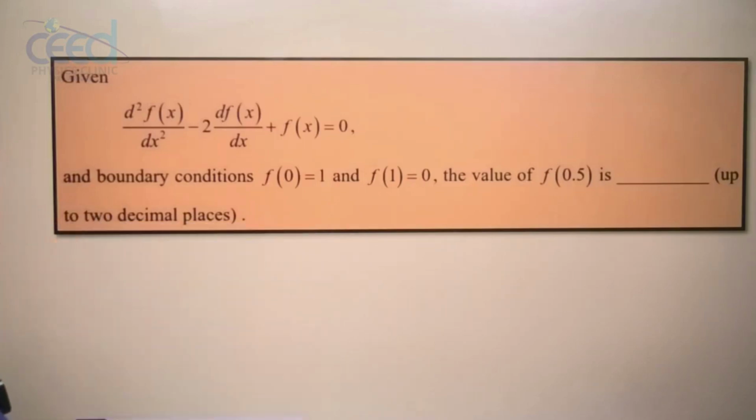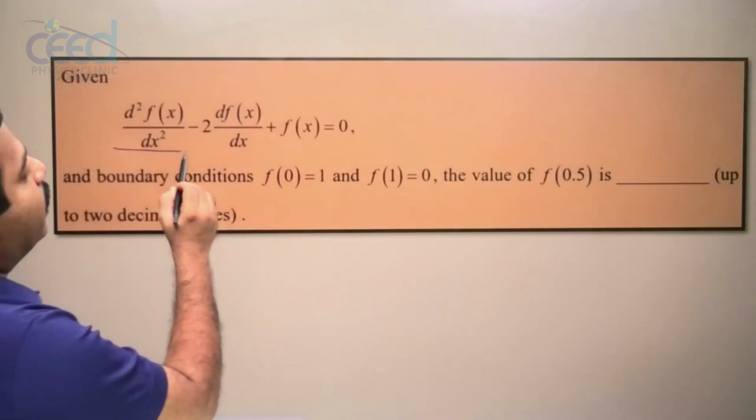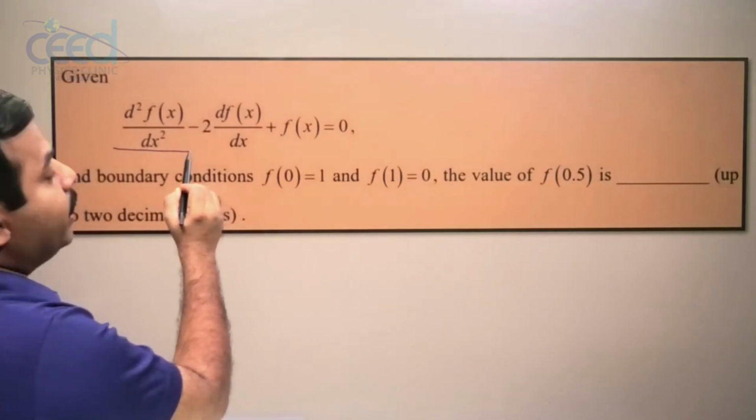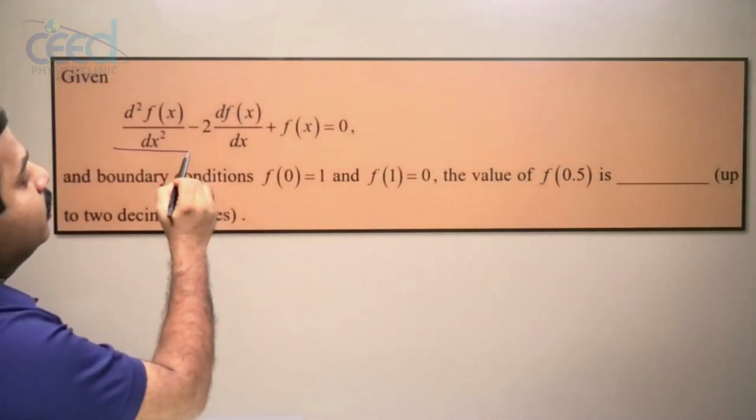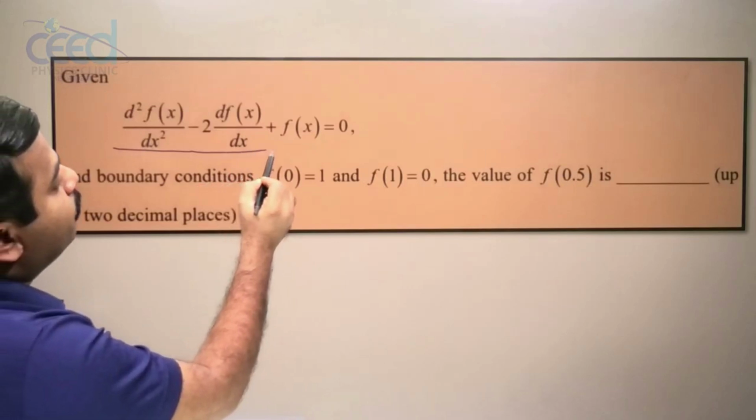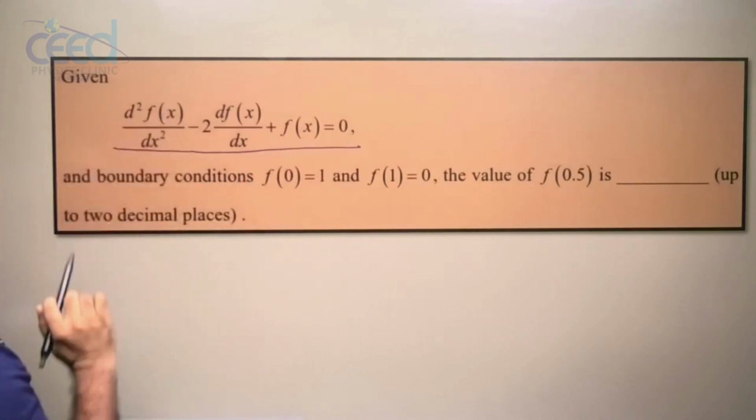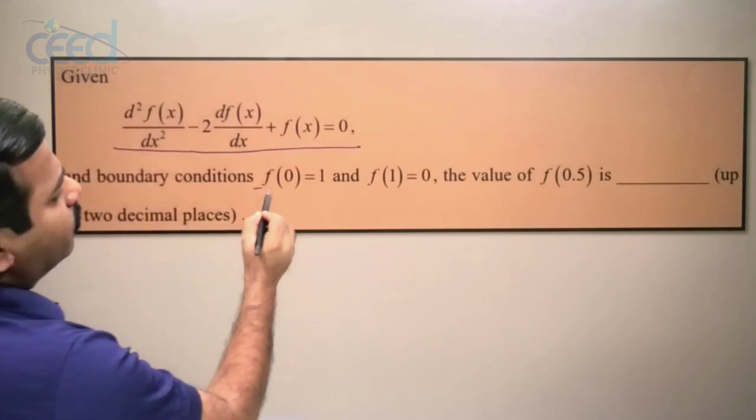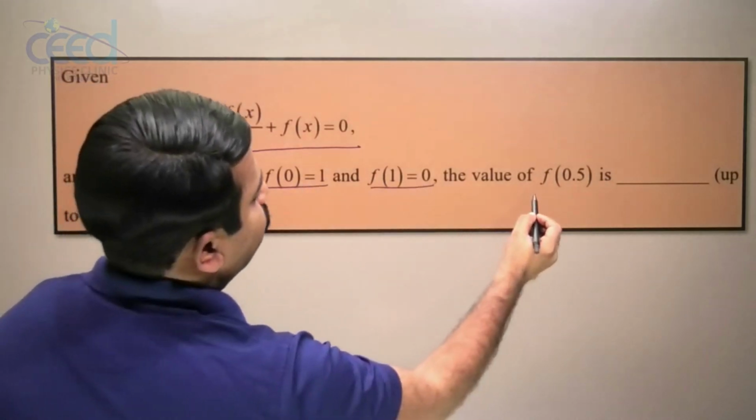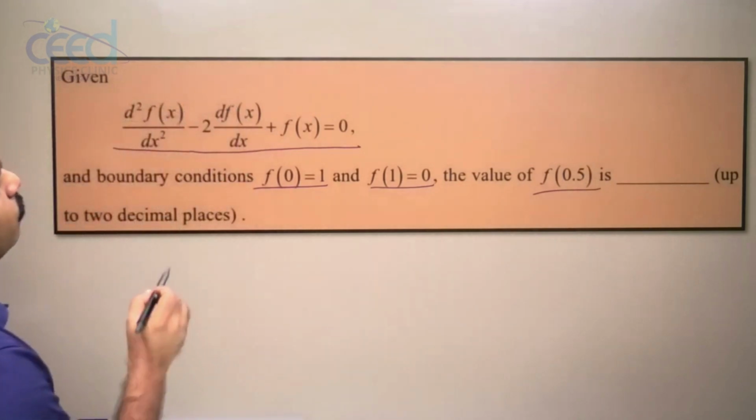Here the question is d²f/dx² − 2 df/dx + f(x) = 0, where f is a function. f(0) is given as 1, f(1) is 0, then find f(0.5). For this also we have to solve